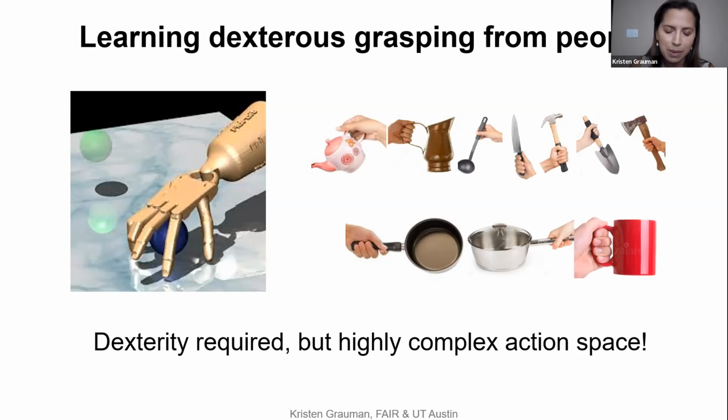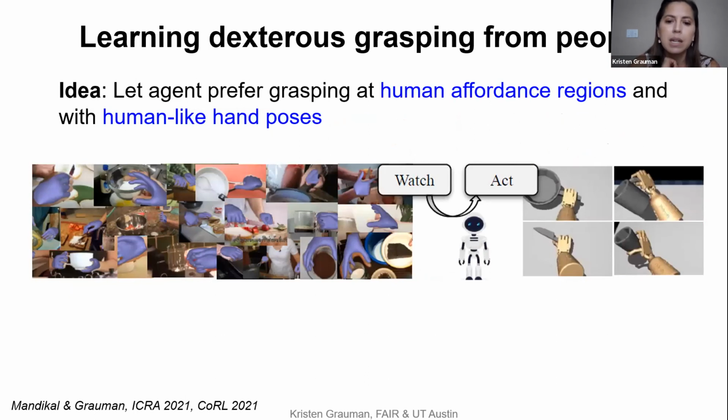So dexterity is super appealing. The action space is very complex. And so we do really have a strong motivation to reduce the sample inefficiency and to shortcut learning for agents like these based on human experience. And so here's our idea. We would like to discover not only the affordance regions like I just showed you, but also the human hand poses that are effective for human use of different objects. Okay, so how do we use our hands when using a pan versus a knife or an axe or anything else? We're going to watch for that information in video again, and then we'll translate it into the action of an agent that's trying to do grasping tasks here.